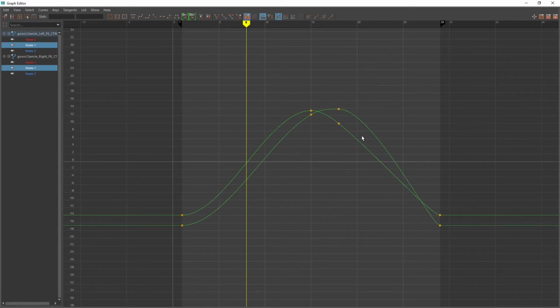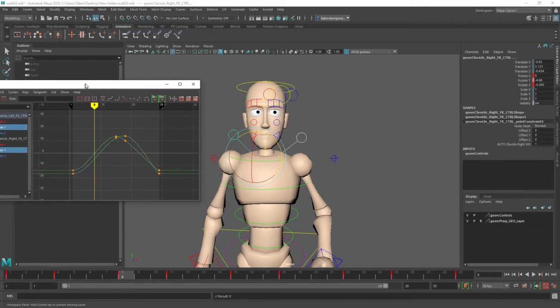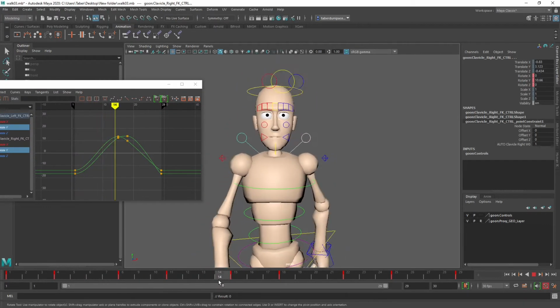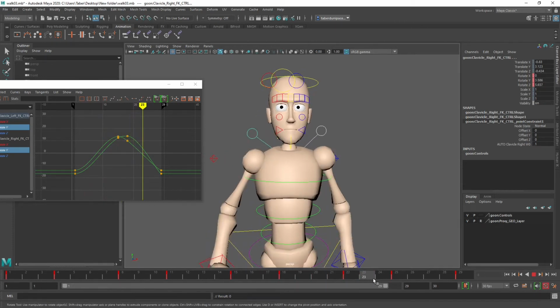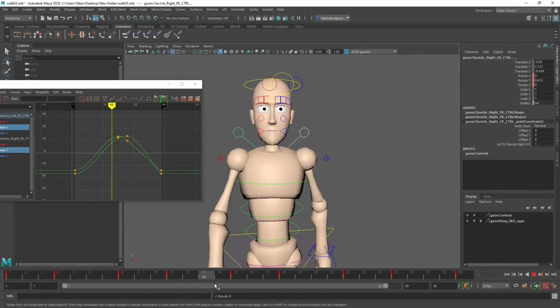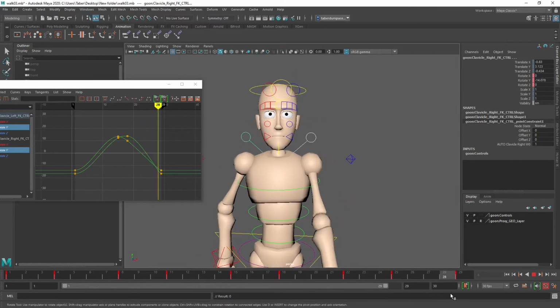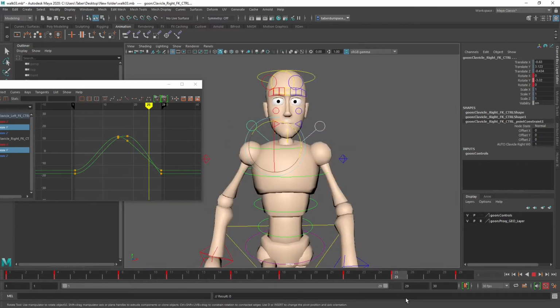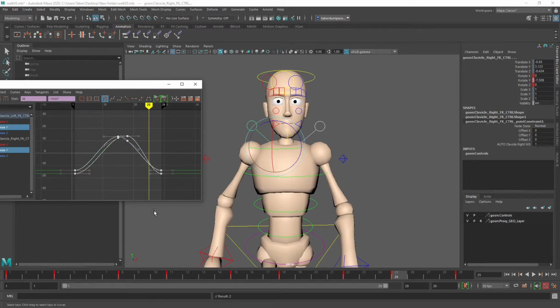So something like that. Now they're not exactly doing the same thing. I sort of like that that happens. I probably just made a mistake. But if they're going to do things at slightly different times, it's going to feel a little bit more organic, a little bit more real. Sometimes it can introduce hiccups and problems, but I tend to not resist that too much and just allow it to happen. What I do want is to set them all back to default tangents because I didn't have any